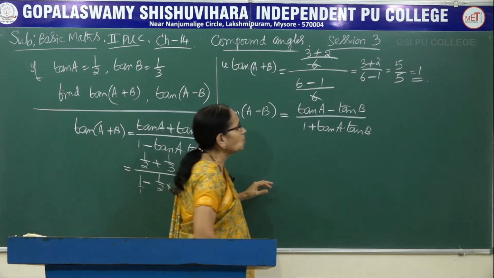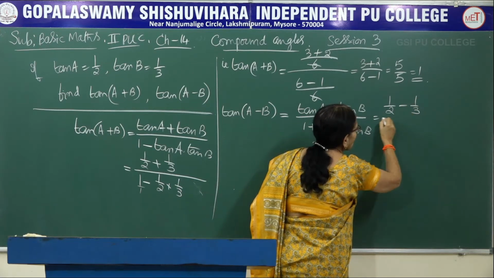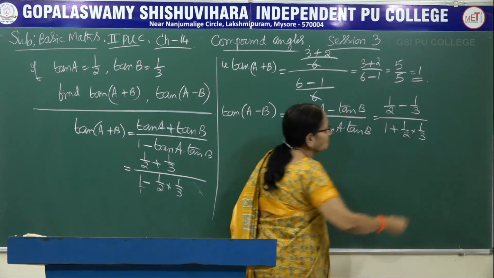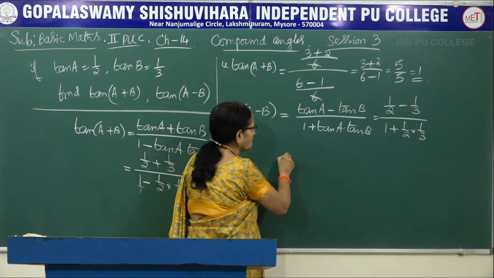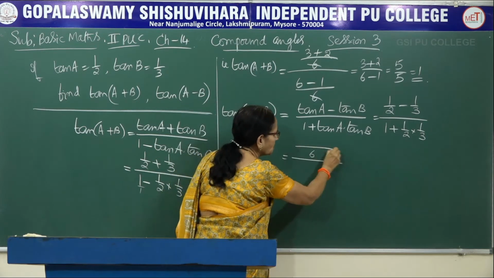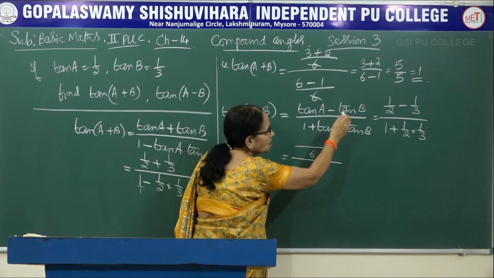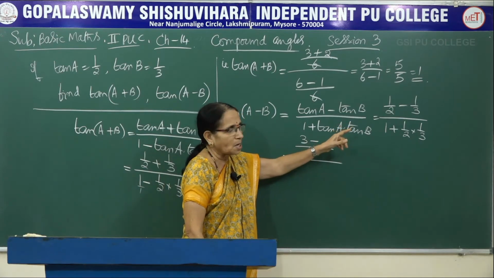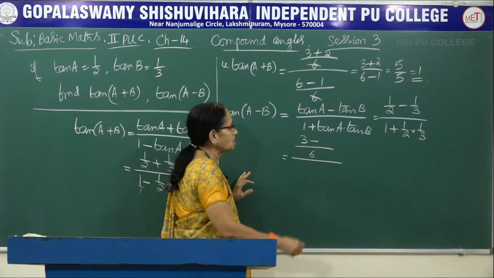The values are already known to us. Let me write the values. It is 1 by 2 minus 1 by 3 divided by 1 plus 1 by 2 into 1 by 3. The numbers are the same and the change is in the respective signs here. So here also, because the same numbers are present, the LCM would be the same. The LCM for 2 and 3 is 6, and here 2 3s are 3 into 1. I hope you remember the procedure. We divide the LCM by one denominator, and whatever number we get on division, we multiply with the corresponding numerator.